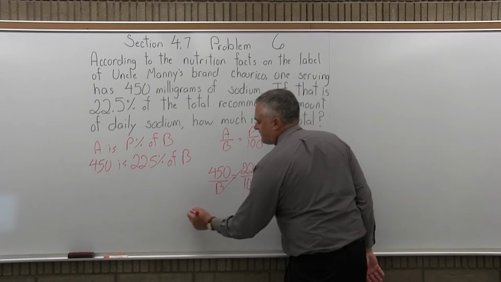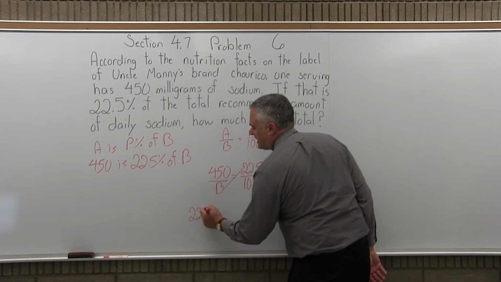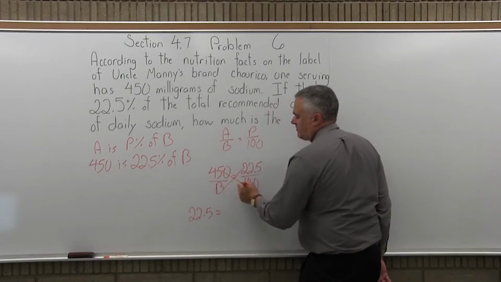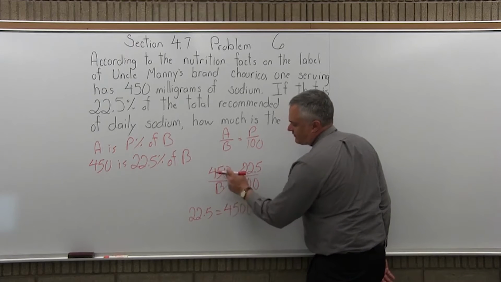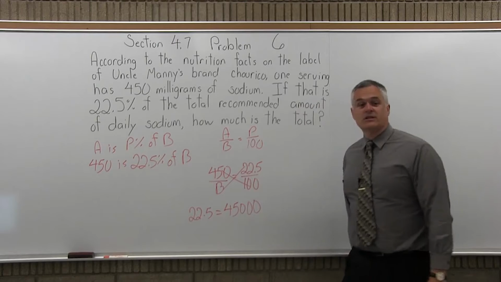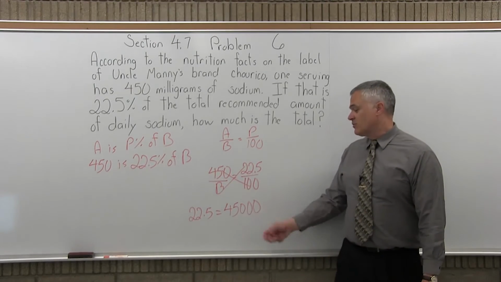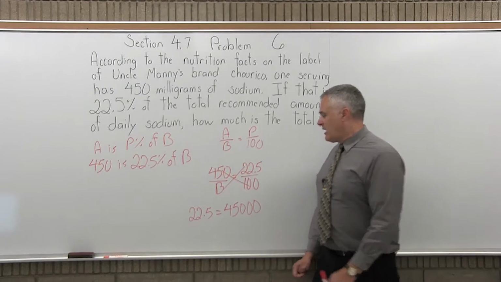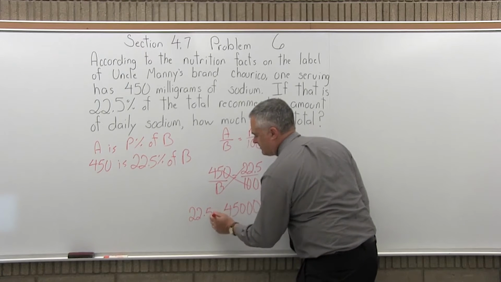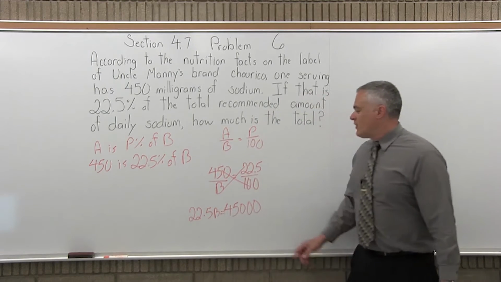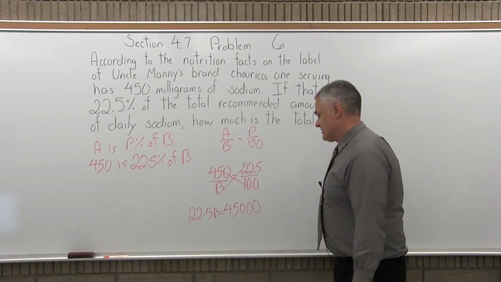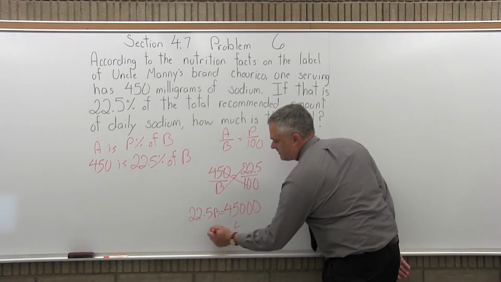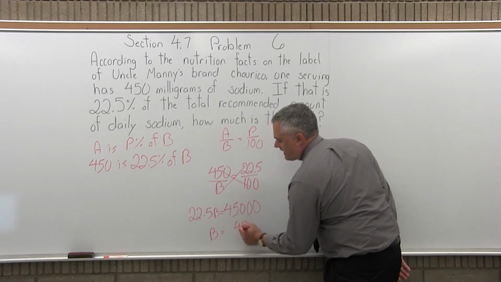22.5 times B is 22.5B. Then multiplying the other way, 450 times 100. Those are big numbers to multiply, but the 100 is easy. You take the 450 and put two zeros after it, so it becomes 45,000. Oops, I didn't write the B. To solve for B, I have to divide by 22.5, so B equals 45,000